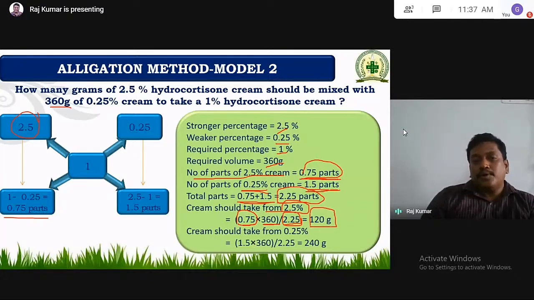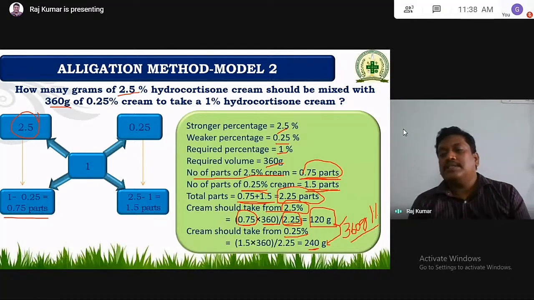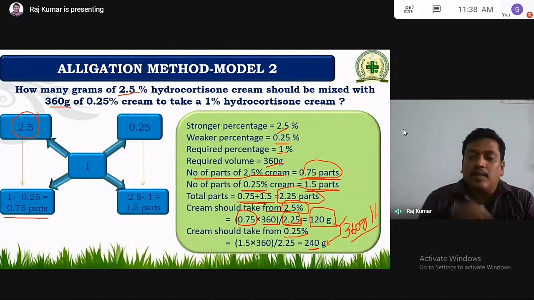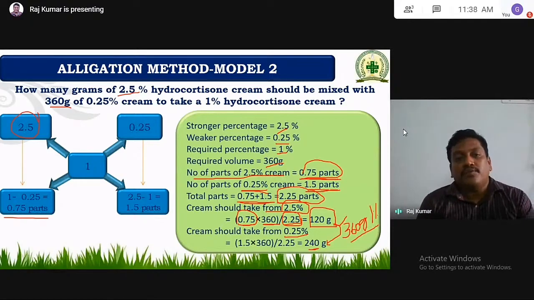Nothing but from 2.5% cream, you have to take 120 grams. And from 0.25% cream, you have to take 240 grams and mix these two. Finally, you will get 360 grams with a concentration of 1%. So you prepared 1% concentration, about 360 grams, from 2.5% and 0.25%, which is very